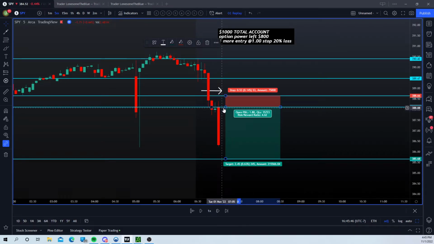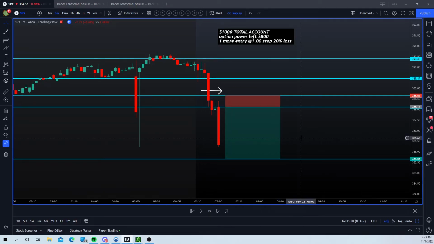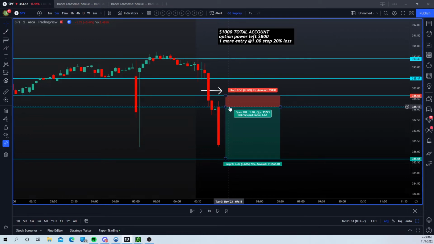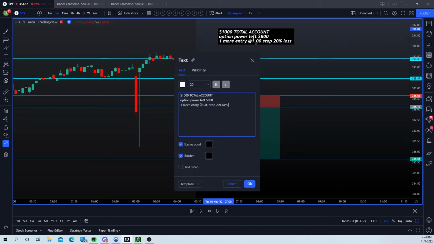So guess what? You still have it to hold all the way to 385. You did not miss anything. So our stop loss will be 20%. You buy one, and guess what? Look how much percentage we make from here. 63%. So now what? We lost 40%, but we make 63 off of one. This one went 63, it's at 1.63.